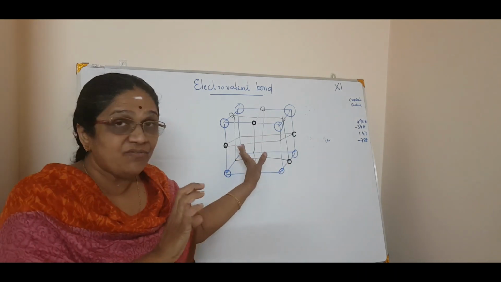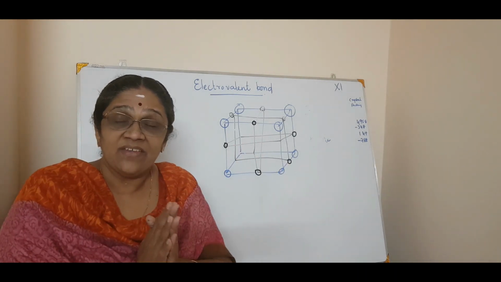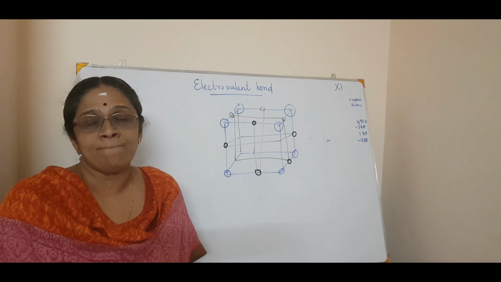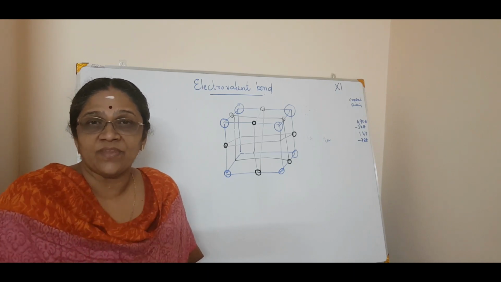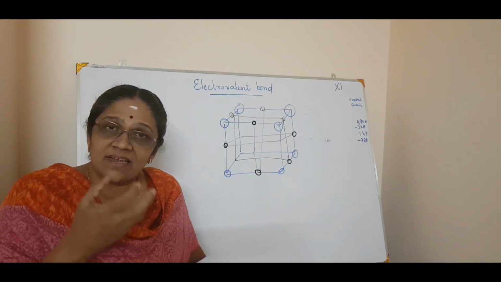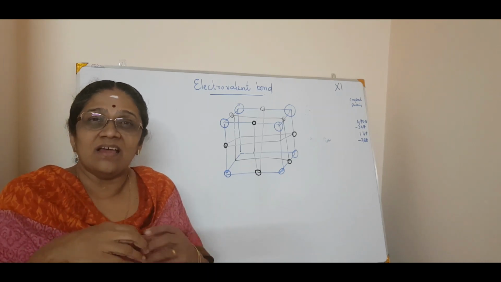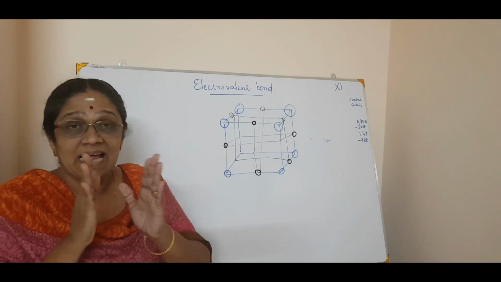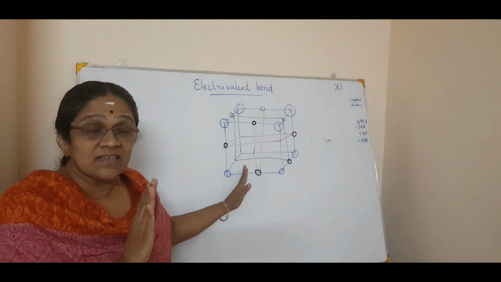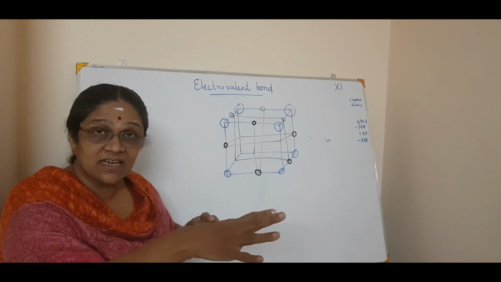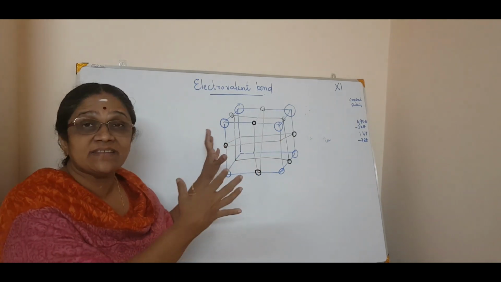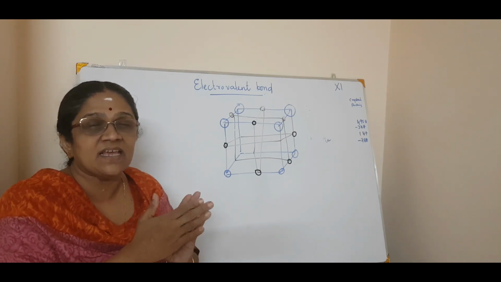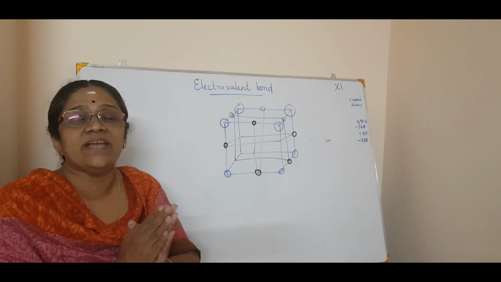So, in order to have this type of an arrangement of a crystal lattice, there is an energy which is called lattice energy. A new term, that is lattice energy. Lattice energy is nothing but the energy released, and I will tell you in detail next. When sodium chloride forms a three-dimensional crystal lattice, that released amount of energy, delta H is minus, that exothermic released energy is called the lattice energy.